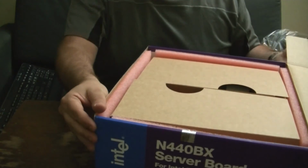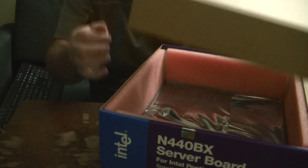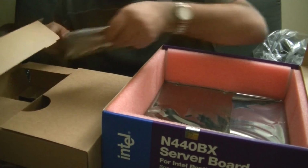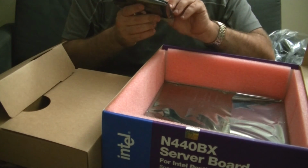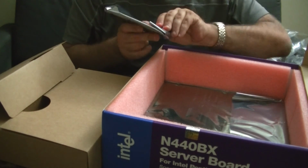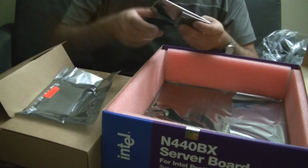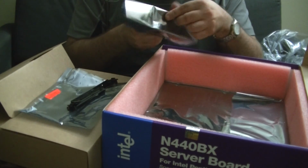Oh, look at this. Yeah, they really meant business. This is a box full of accessories. Let's swap it out, see what's in there. So we have, oh, what is this? Caution, do not open except at approved static-free workstation. Well, I think that's approved anyways here. Right on my couch, that is so static-free. It's plastic. And, oh,